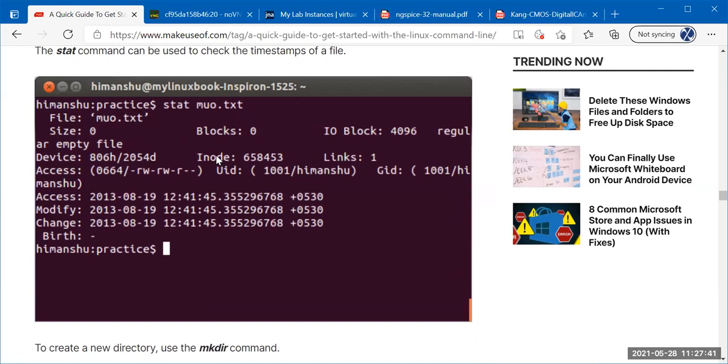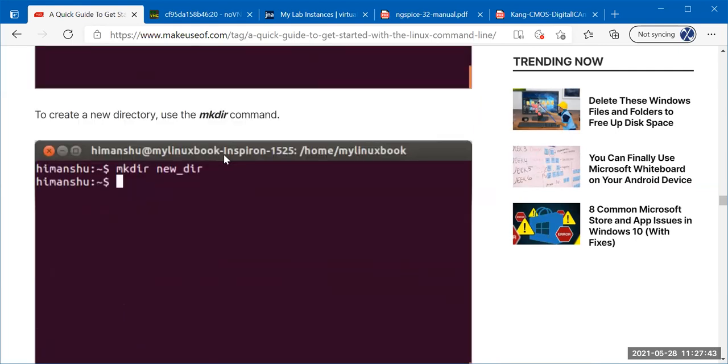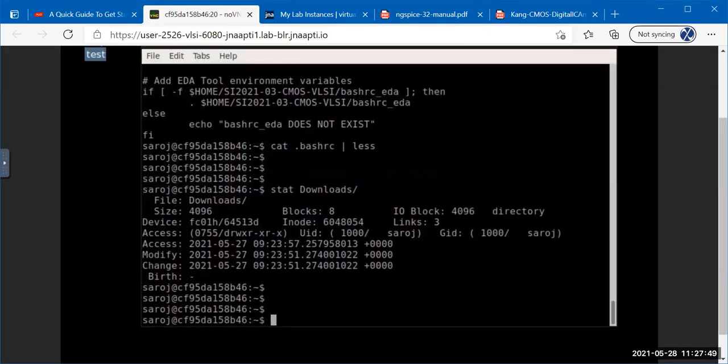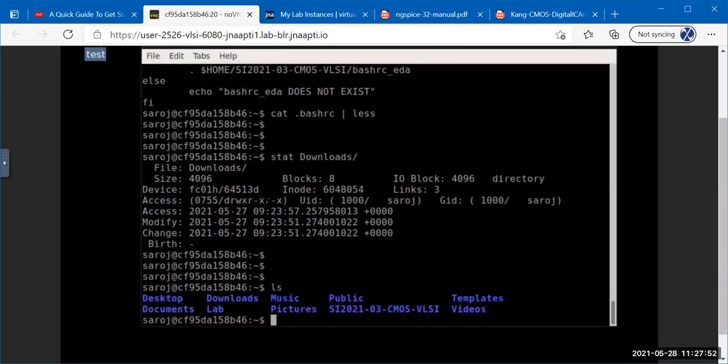Okay, so what is the next one? Make directory. If you want to make a directory, maybe here we can do that as an exercise. As I said, in your home directory, you have all this: desktop, documents, downloads, music and all that. You can create